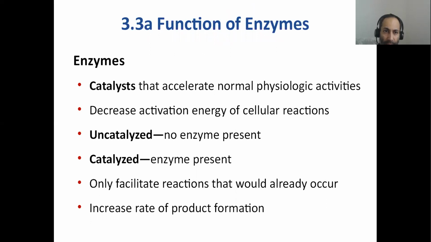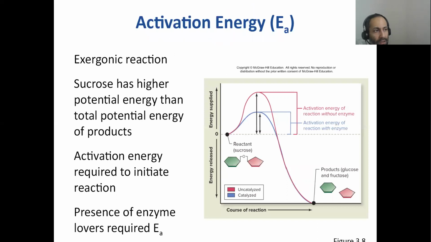All right, so enzymes, as we mentioned before, are biocatalysts, right? They are catalysts in living systems. And so let's take a look at what happens when you add catalysts to a chemical reaction versus when you do not add any catalysts or enzymes. All right, so here's a graph. You're looking at two types of reactions, one in blue and one in pink. The pink one is an uncatalyzed, no enzyme reaction. The blue one is the same reaction, only this time around, you have added a catalyst or an enzyme.